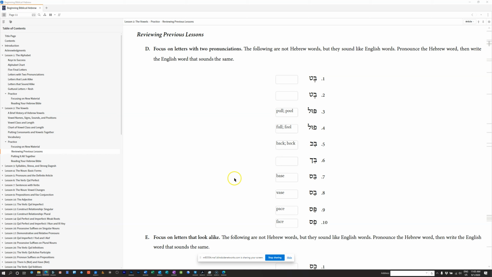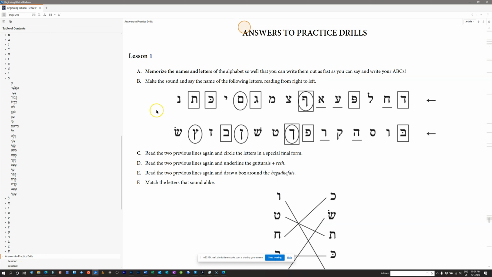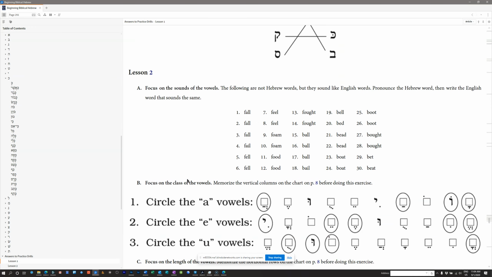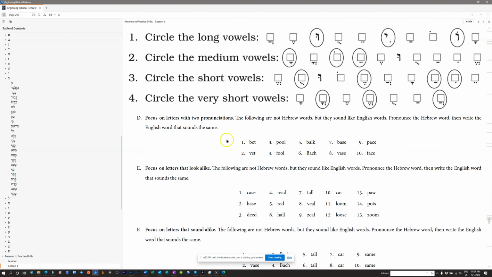And what I'm going to do is, you've got the answer key for these in the back of your book. If you go to the answers to practice drills, he will give you, let's see, we're in lesson 2 here, and we're looking at D and G. So he's got all the answers that he anticipates you providing back here. So feel free, honestly, I encourage you, once you complete the exercises, check yourself, check the answer key and see what you got right, try to figure out why you may have missed something.